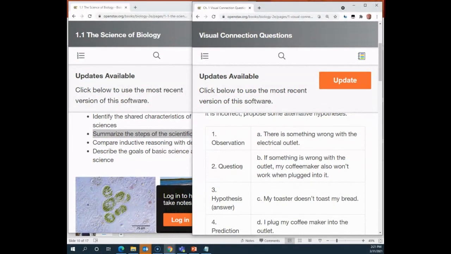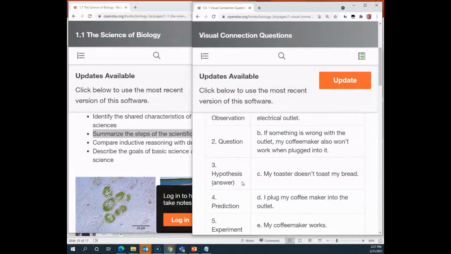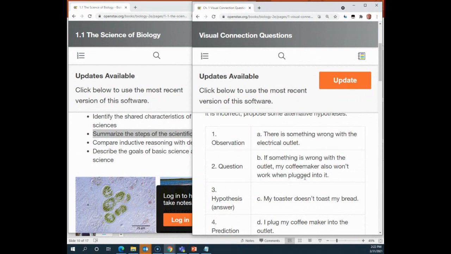So they give me the steps. They're basically saying, we understand already that you should know these steps. That should be a given. We want to know that you know how to apply those in an authentic, scientific-based scenario. Of course they're out of order, but if I look at this, basically what's happening